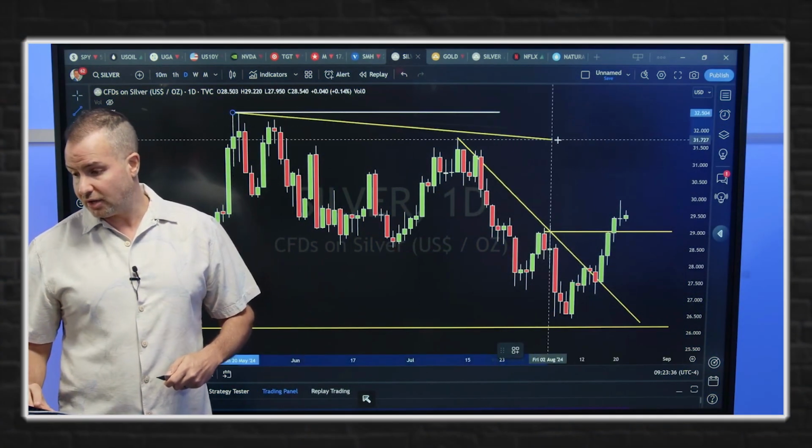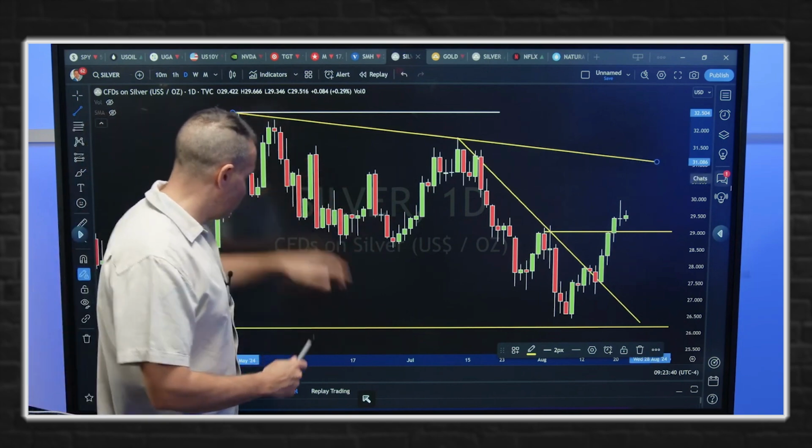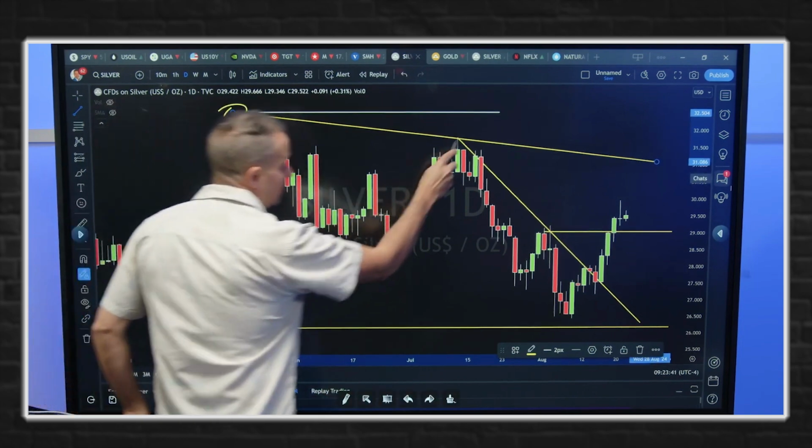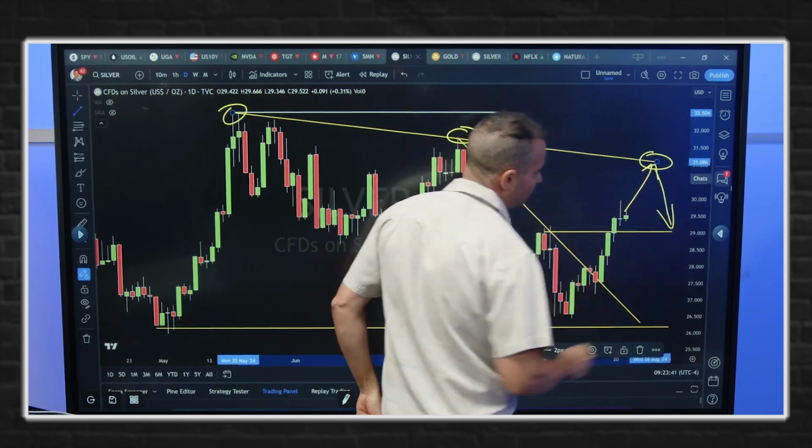Now, silver, again, it's had a good run here. I am looking potentially for a max short-term upside move to about this 31 level. Down-sloping trend line. Again, I drew this on for you guys yesterday as well. But right in this zone would be your max upside, and then you'd expect some sort of check back to